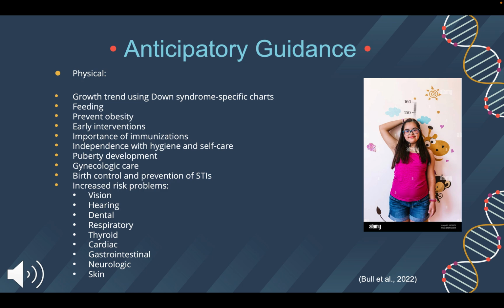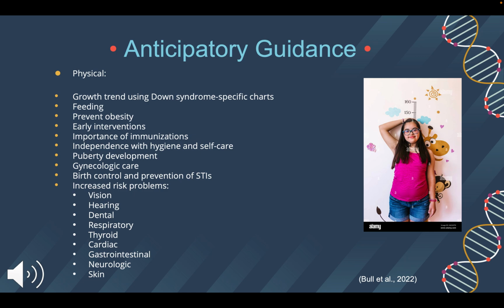Also, we educate about the importance of immunizations, independence with hygiene and self-care, preparation in understanding and managing puberty development, gynecologic care when they reach puberty, birth control and prevention of STIs. Children with trisomy 21 are at increased risk for vision problems, such as refractive errors, amblyopia, for hearing problems,